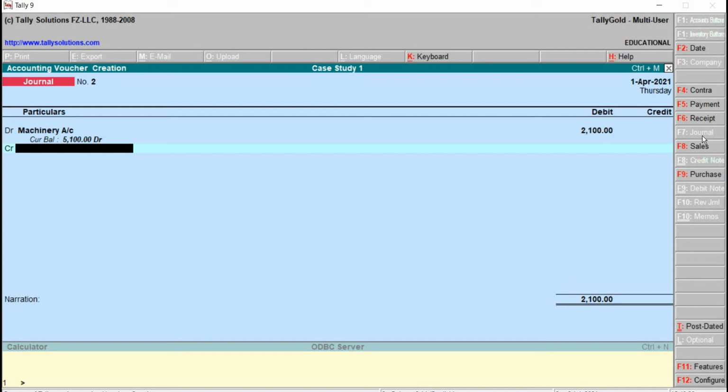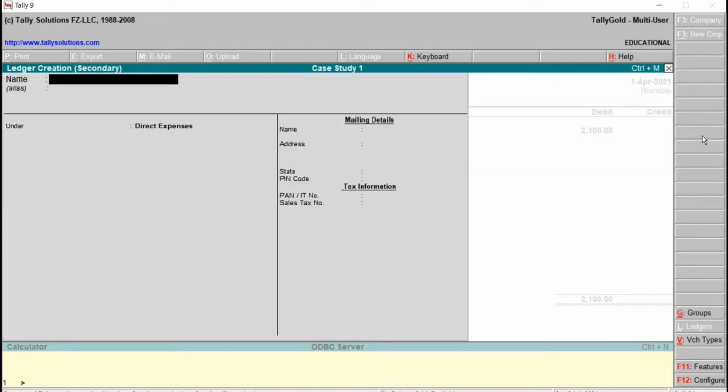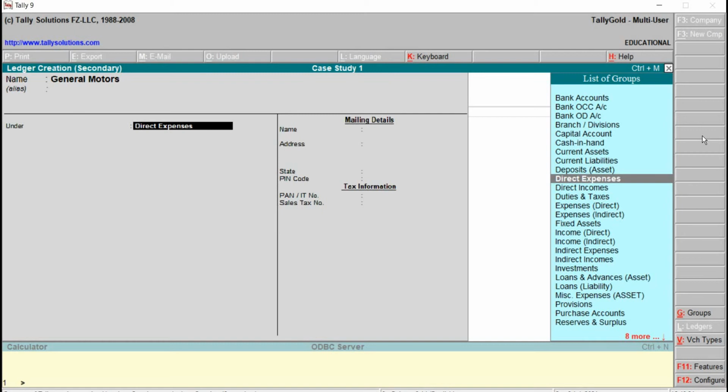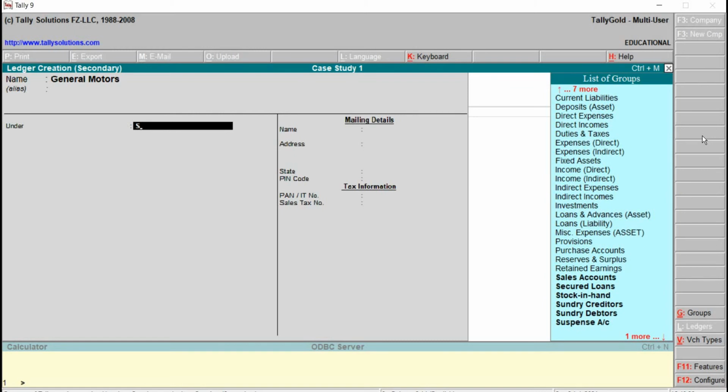To create this one, press Alt C. Alias blank, and this has to be allocated under the group sundry creditors. Type S, down arrow key.